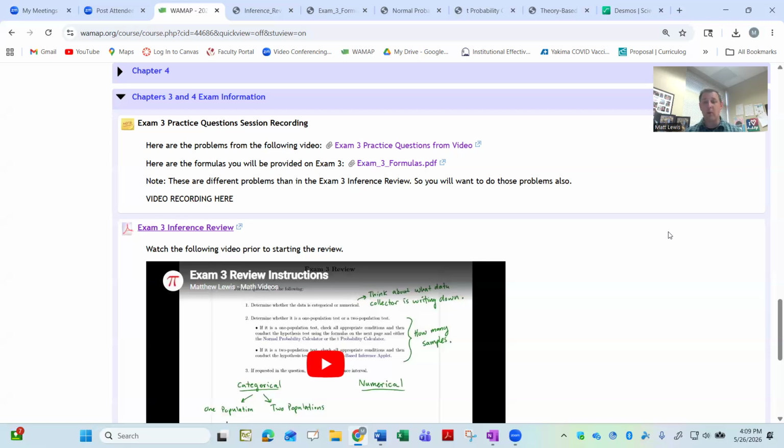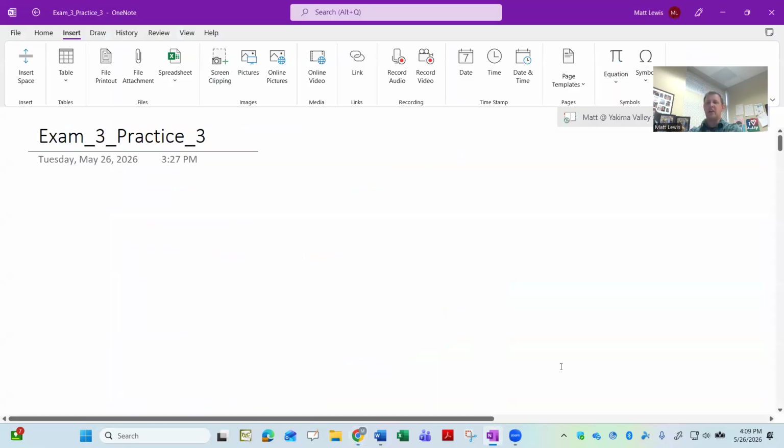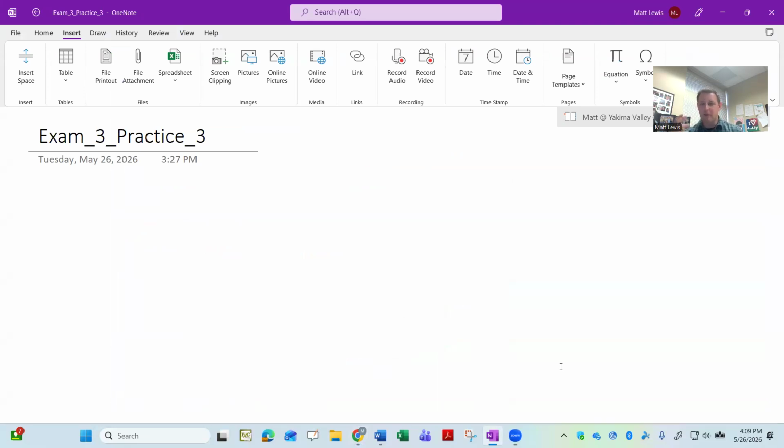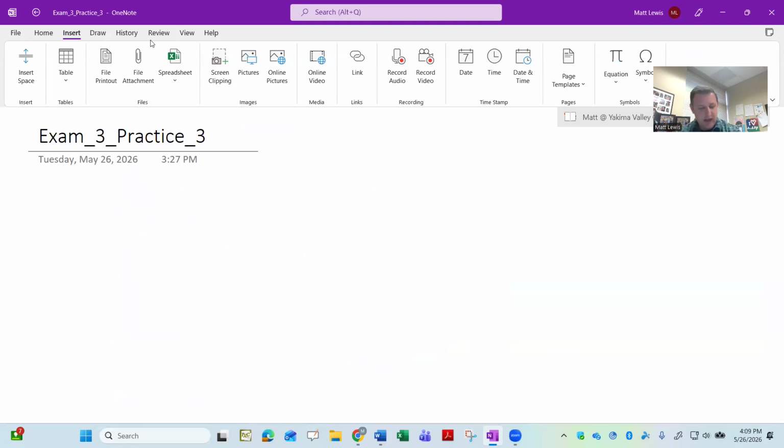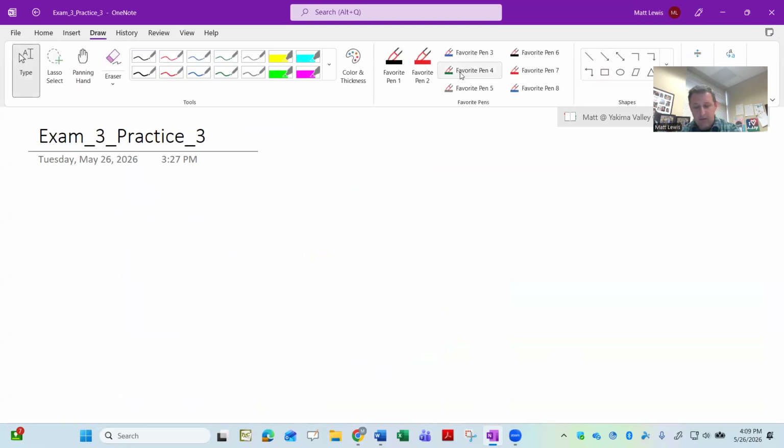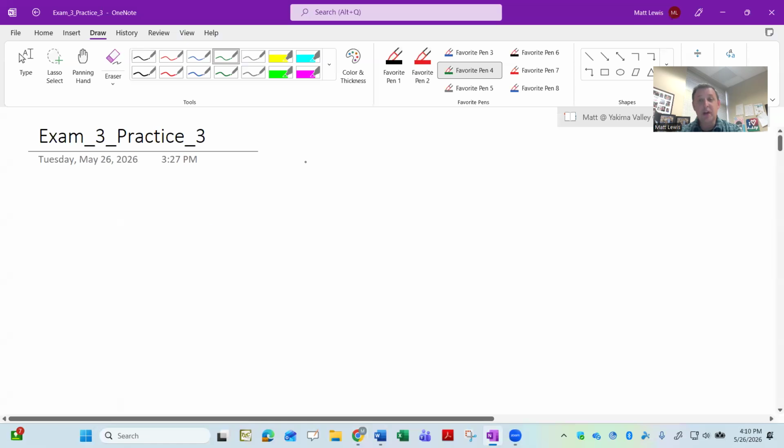So what I want to start with before we do any practice questions at all is to go through a flow chart here. Now, this isn't a flow chart that I'm going to provide for you, but if you think through this flow chart as you are doing all of your practice problems, then I think this will really help you. So, the first question I want you to ask when you're given a hypothesis test is, what type of data am I presented with?